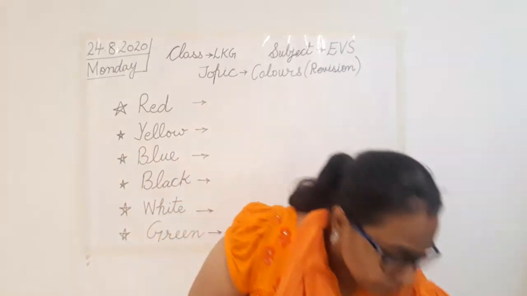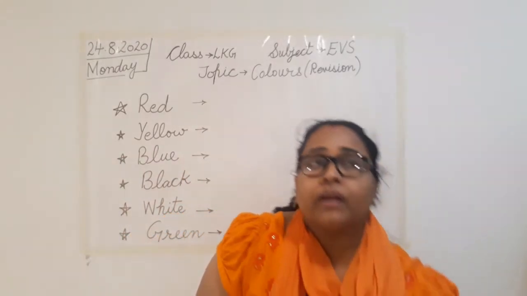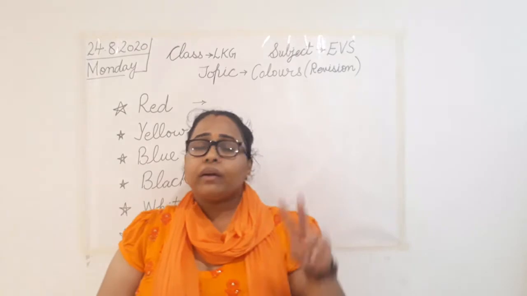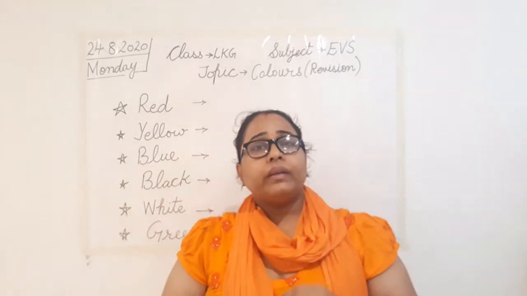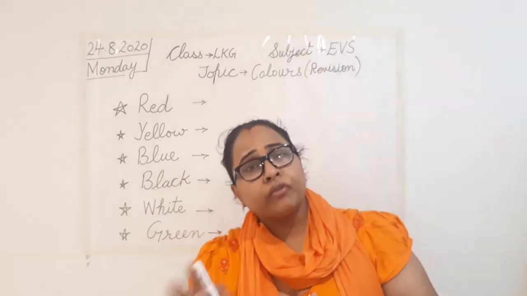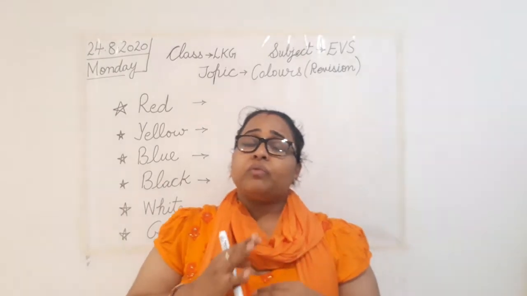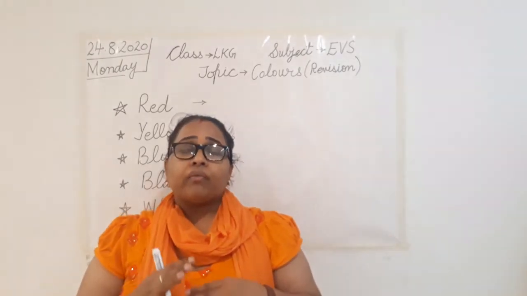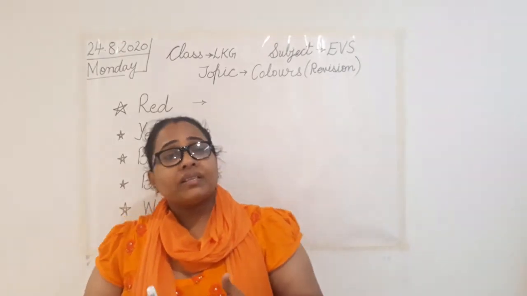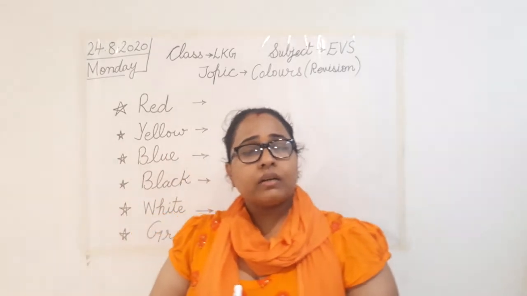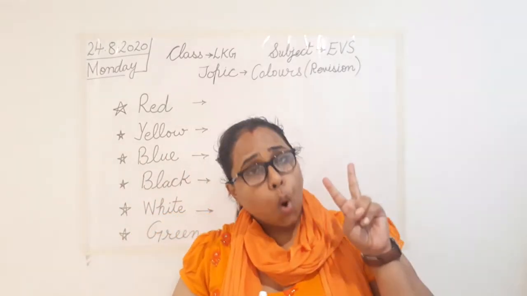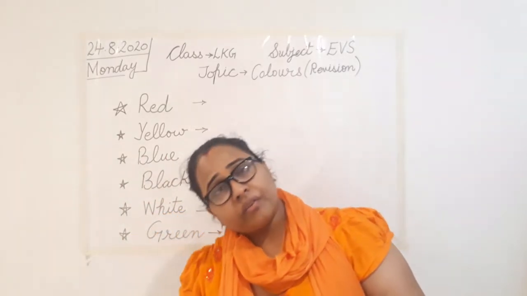So can you tell me two objects that ma'am taught you related to red color? Any two objects related to red color? Yes. There were some fruits, some objects which we have correlated that we found at home, dresses, toys, lot of things we have learned about. So let us learn how to draw two objects related to this red color.